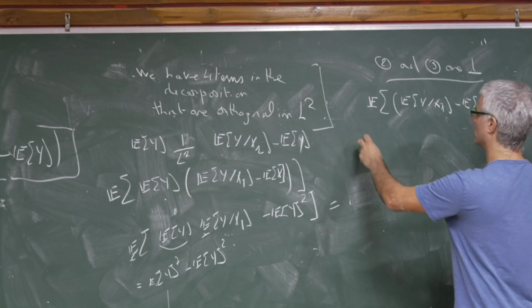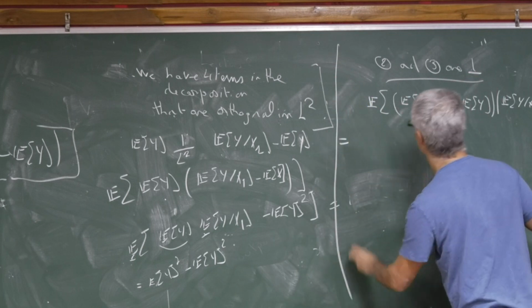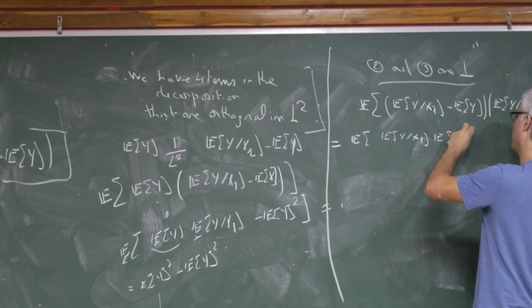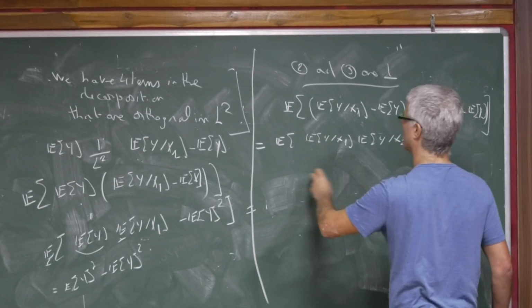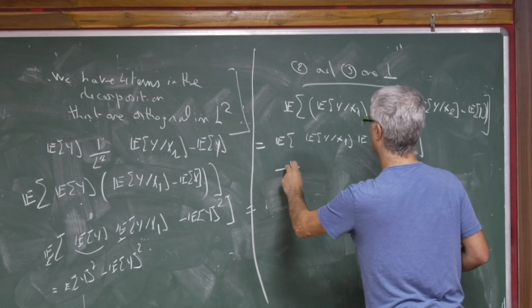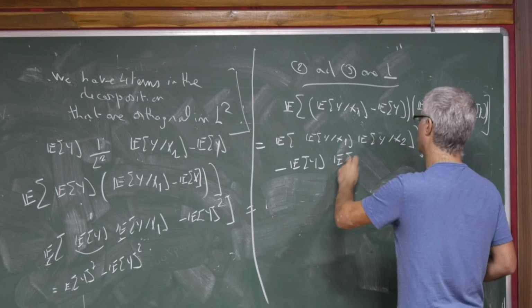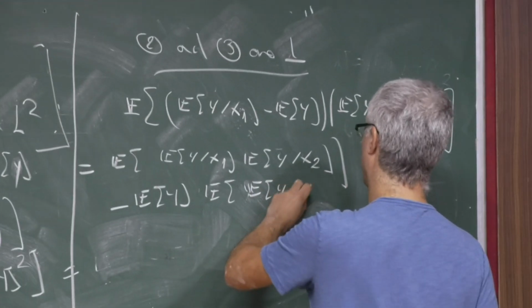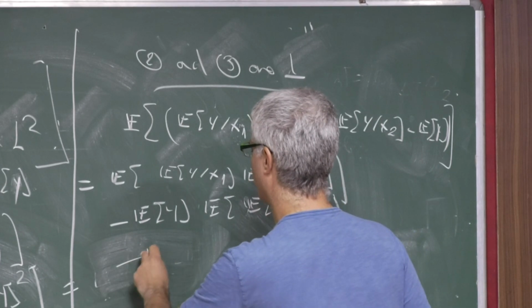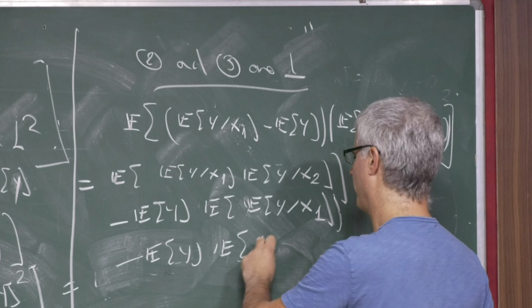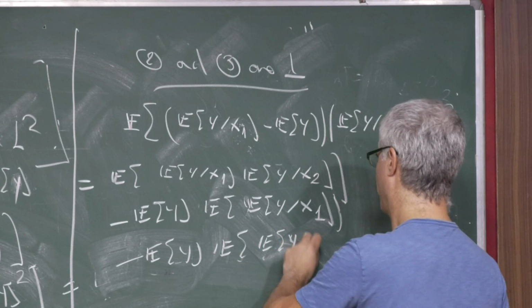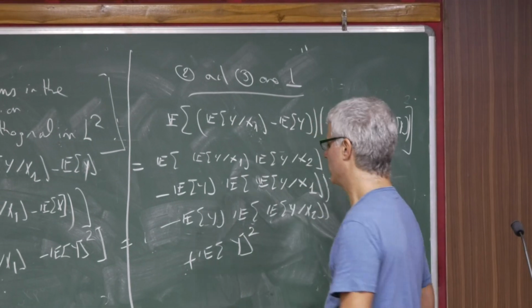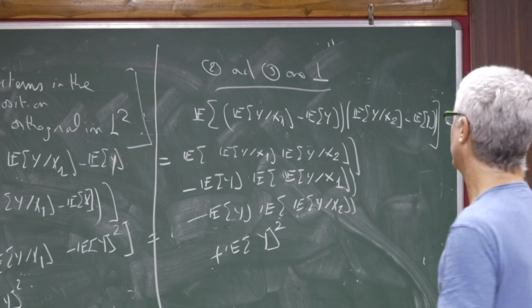When you do that, you develop your product, so this one minus E. So you will have something like that. Okay, so you just developed your product, and what is happening here is that